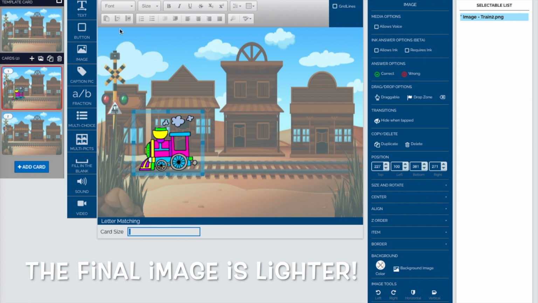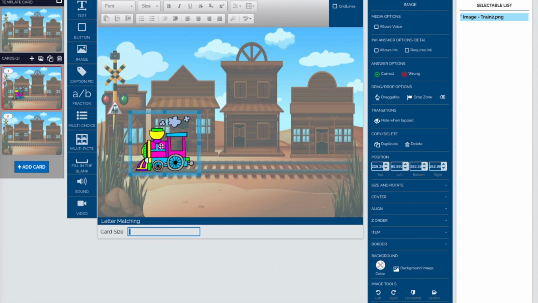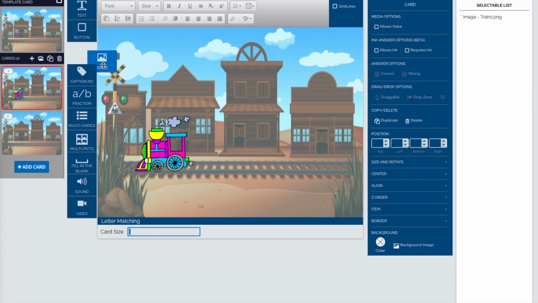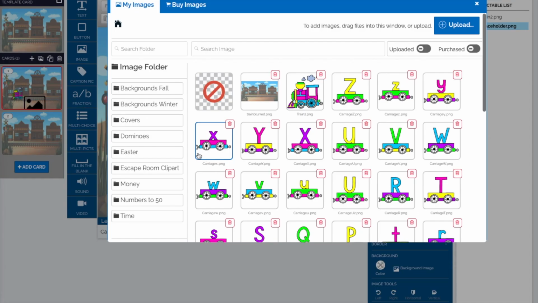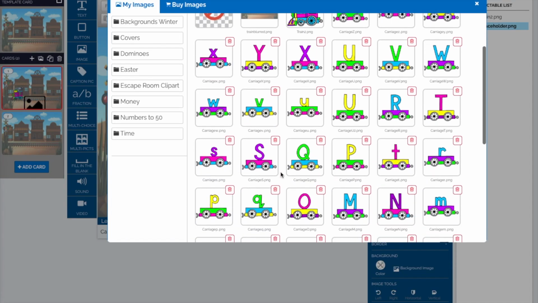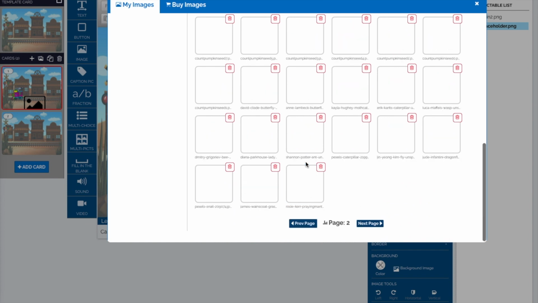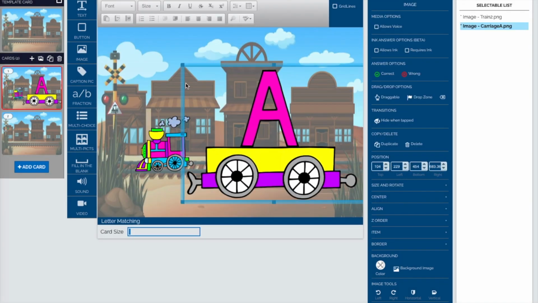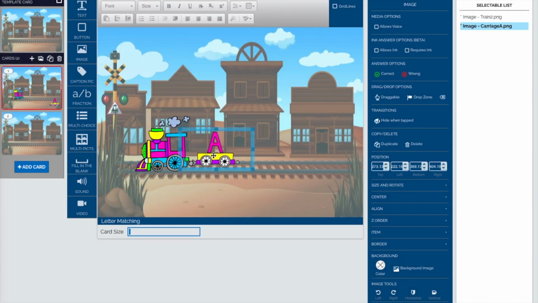Okay, I blurred this a little bit, and it helps this stand out a little bit more, because this is what's more important. So I've added this image. I'm going to add another image, so I'm going to drag this, and I'm going to put the uppercase A. Again I've got to get it to the right size. And if I'm not sure, so this is not the right size. If I go to this one,